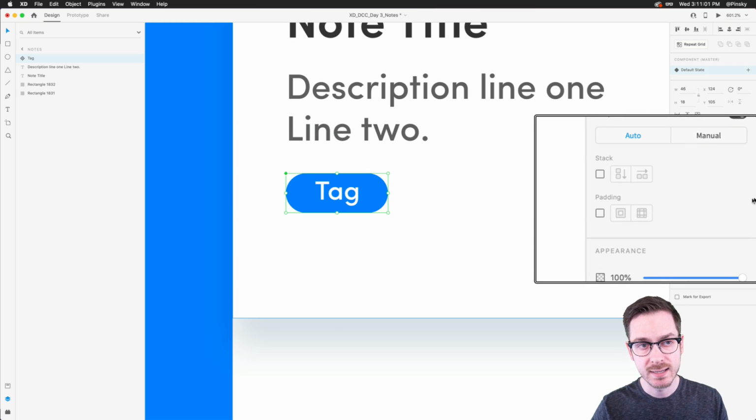Now, once it's a group or a component, what you can do is enable padding over here to the right. And I did see someone asking that they can't find the padding option. Number one, make sure it's either a group or a component. Number two, make sure Adobe XD is updated. Padding was introduced quite a while ago, so make sure you're up to date. XD 30 is the latest version, so make sure to check that as well.